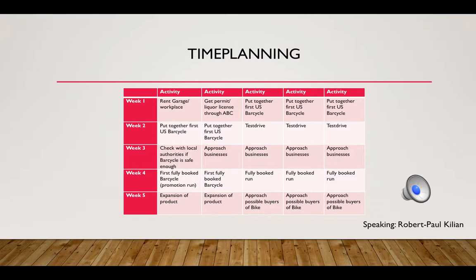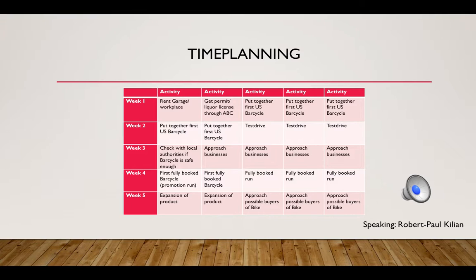I'm going to talk to you about our time planning, considering the bar cycle. First off, as you can see on the presentation, week 1, the first activity we're going to start doing in the first period arriving there is renting a garage slash workplace, so somewhere we can maintain and install our bar cycle and most importantly put together our first US bar cycle. I could just walk you through it,